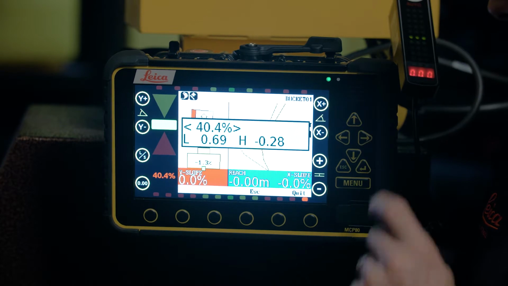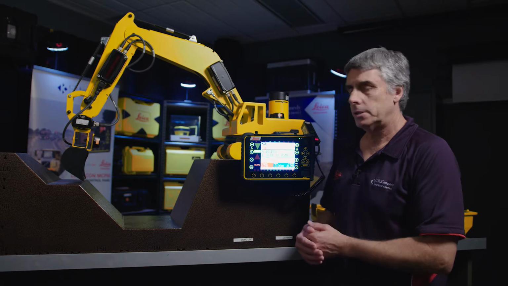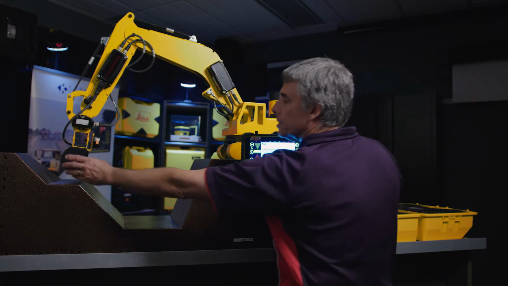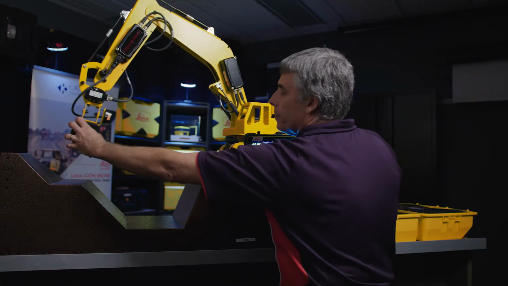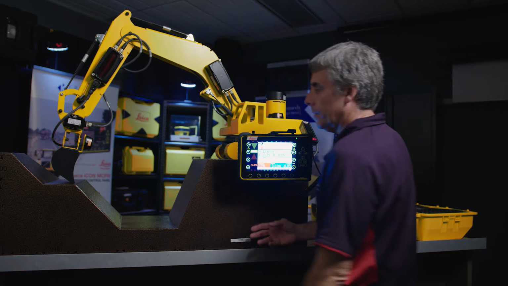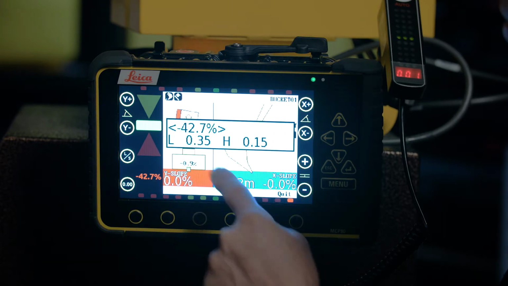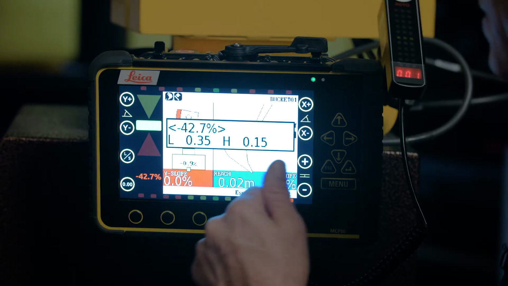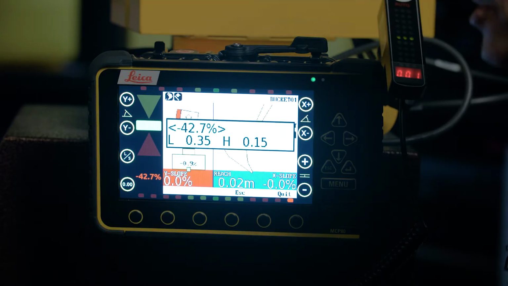Measure function. Measure function will allow you to measure parameters set by the machine. So if the machine's bucket is here and you zero it out, maybe I'll give you a demo. We'll come down here, we will zero that out. We'll then send the bucket up over to there. And now from that point to that point there, we have some information. So we're saying that it's a 42% slope going up. The distance between here and here is 350 millimeters. And the height change is it's gone above by 150 millimeters. Very handy